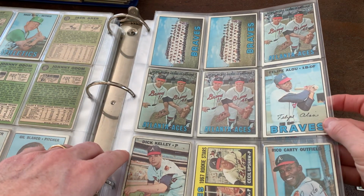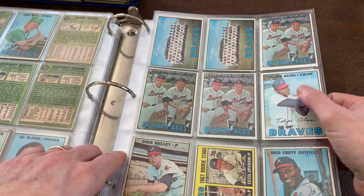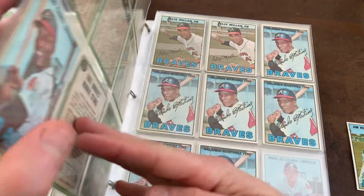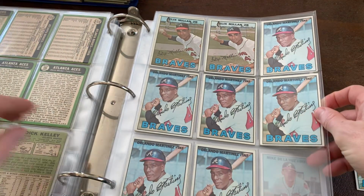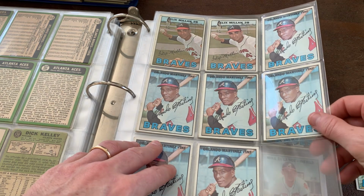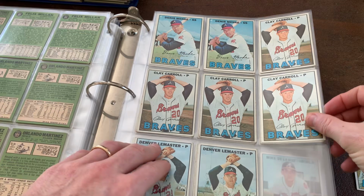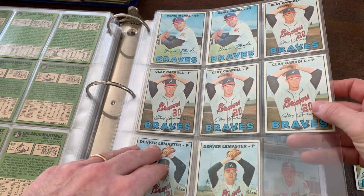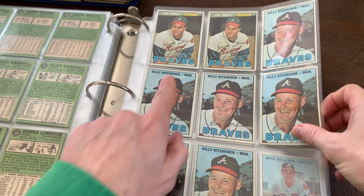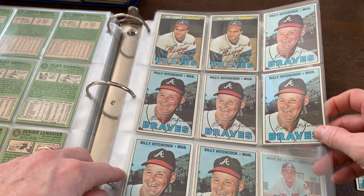Looking for Rico Carty, I think had a good year. I saw him on a lot of league leaders. There's Felipe Alou, again the Alou family. Looking for Hank Aaron's. I think last time I had 8 or 9 Hank Aarons in the 68 set, so we'll see if we can do the same in the 67 set. Got a couple Joe Torres right there. That one's a little messed up on the printing side, but